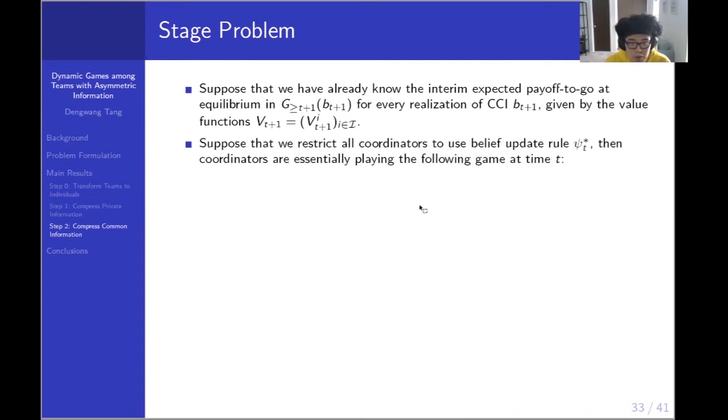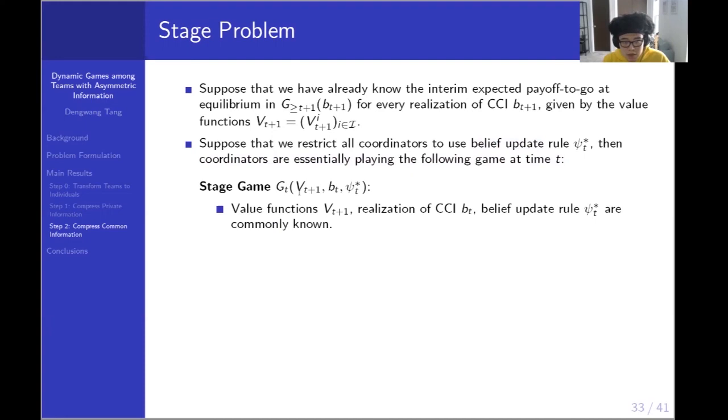So here the stage problem is as follows. Recall that we have two parts of the strategies. One part is how you use the belief to map it to the prescriptions. The other part is how you compute the belief. First, let's just fix the second part, which is how we compute the belief. Fix this part and then allow coordinators to use any way to use this belief, but fix how they compute this belief. If we fix that, then we get a stage game